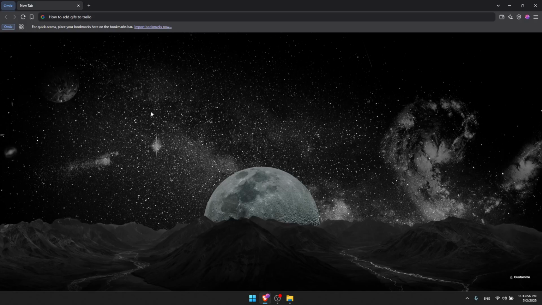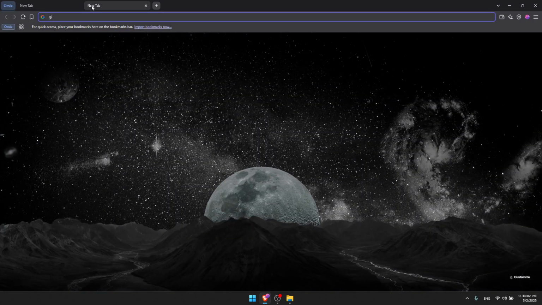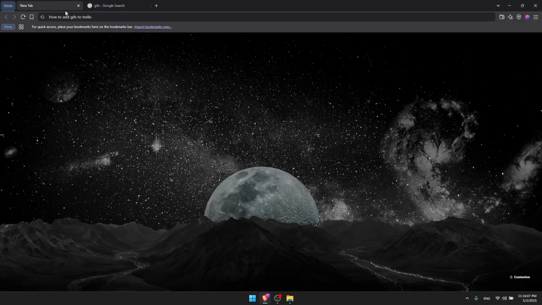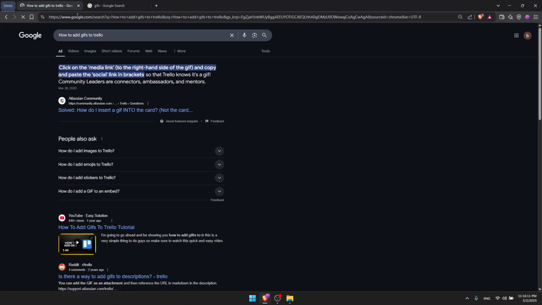Hi, in today's tutorial, I'm going to show you how to add GIFs to Trello. So the first thing that you need to do, first of all, I don't have any GIFs. I'm just going to go here and download one. But for you, all you need to do is go to Trello.com